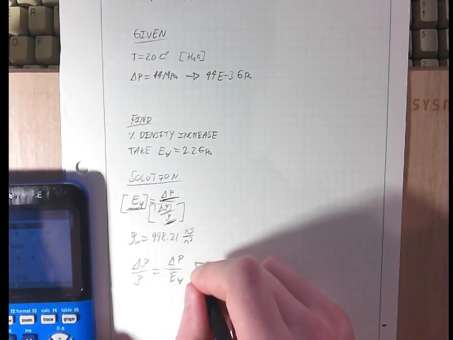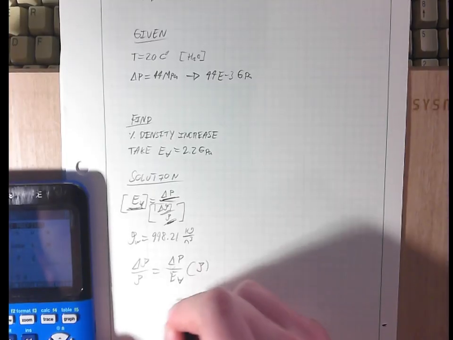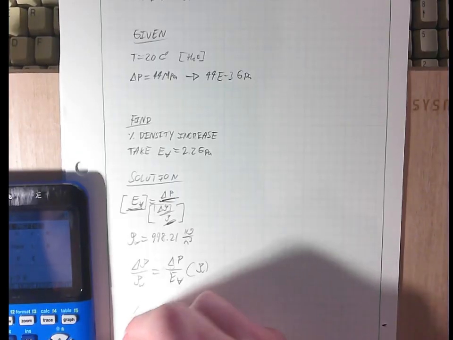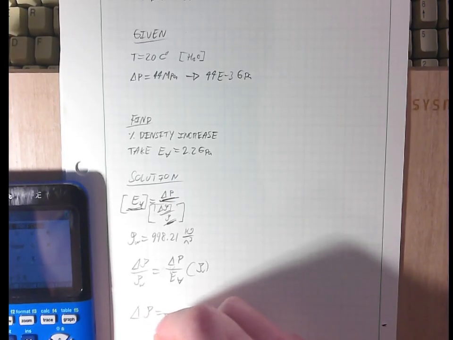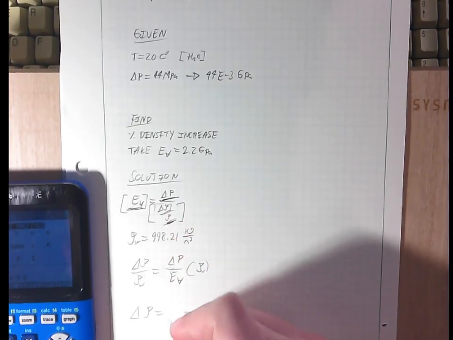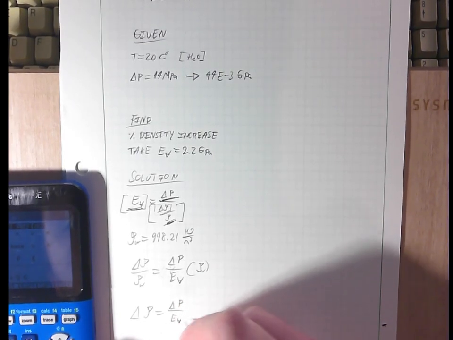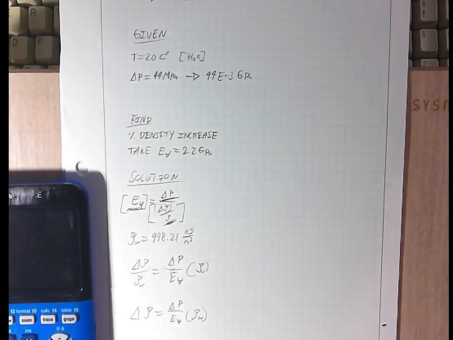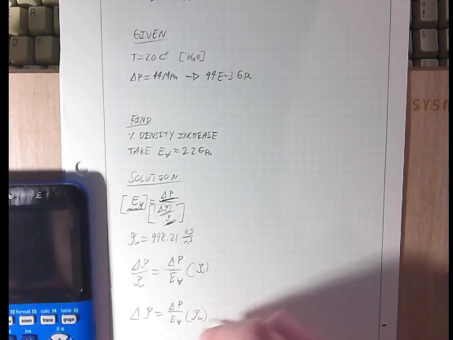And now all we need to do is multiply this side by the density. I want to say water just to specify. So now we're left with the change in density, which is what we want, is going to be equal to the change in pressure over the bulk modulus, I believe that's what that is, and then multiplied by the density of water,